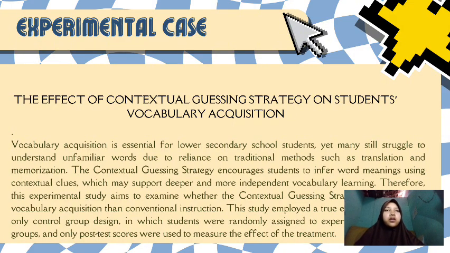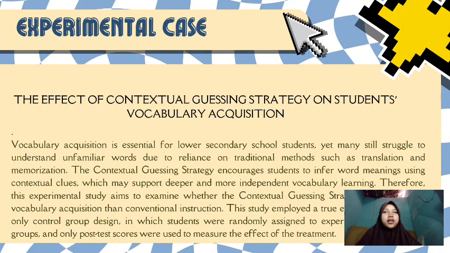And then the research context: vocabulary acquisition is essential for lower secondary school students, yet many still struggle to understand a familiar word due to reliance on traditional methods such as translation and memorization. The contextual guessing strategy encourages students to infer word meanings using contextual clues, which means deeper and more independent vocabulary learning. Therefore, this experimental study aims to examine whether the contextual guessing strategy leads to better vocabulary acquisition than